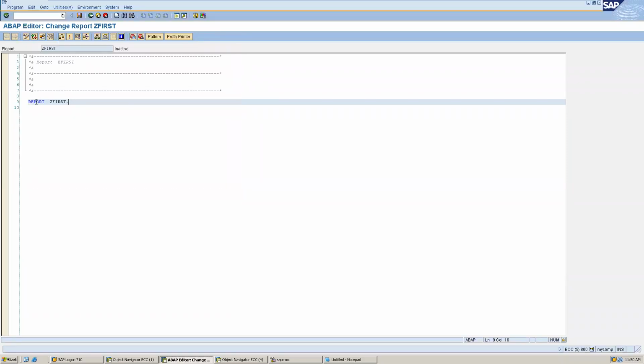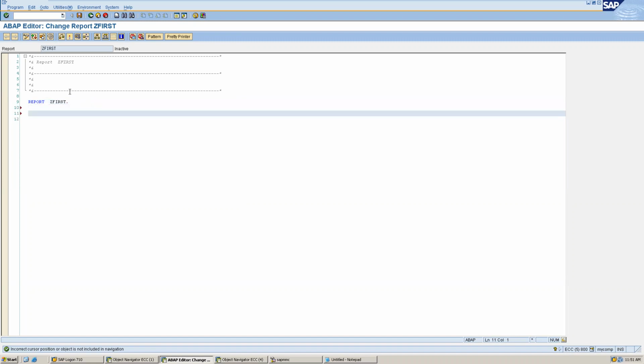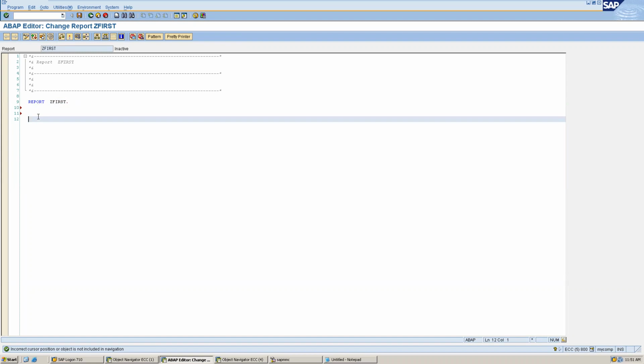Okay, so here you can see this REPORT is a keyword. By mistake I double clicked it. Whenever we write any program, it should start with this REPORT. If we do not write this REPORT, this editor will not understand what we are going to do here. So this is creating the program, and we have already created this program, and here we have given the name. After this,